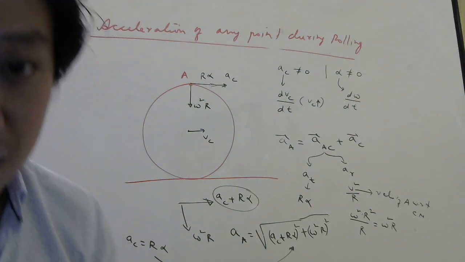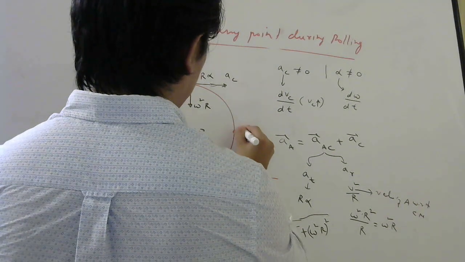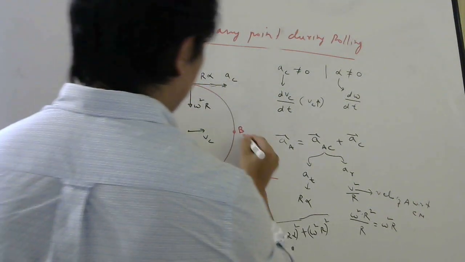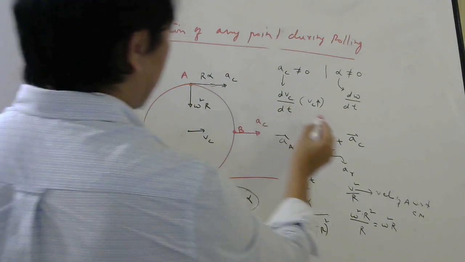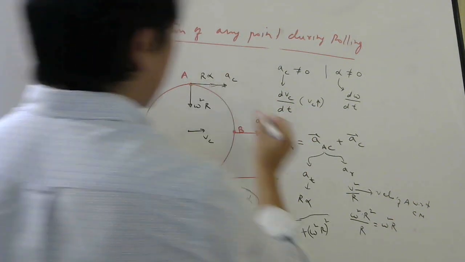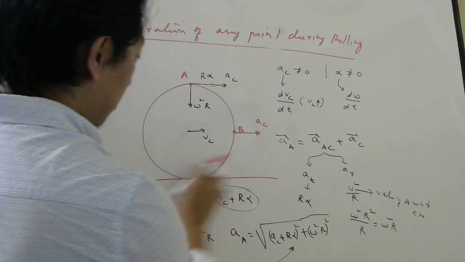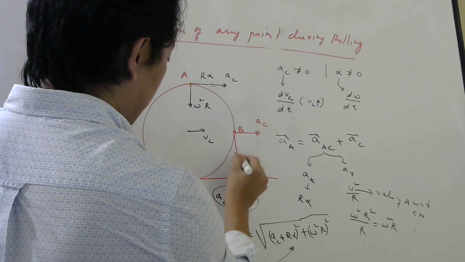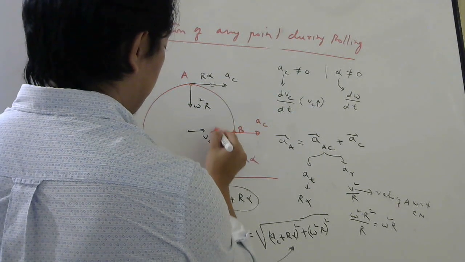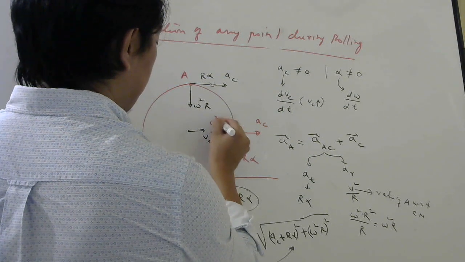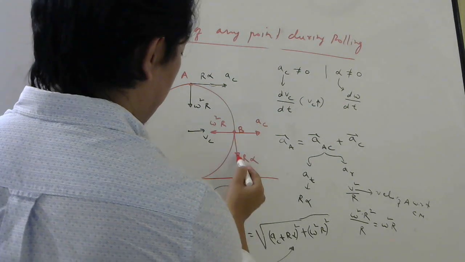So now, knowing all these things, similarly, if you talk about this point, B point, what will be the acceleration? AC will be here, with here only. Where will be your R alpha? This R alpha is your this AT, right? Now tangential acceleration. If you sit here, this particle will go in this circle. So R alpha will be here, and omega square R will be here. Right? So you have to subtract these two, then add with this.